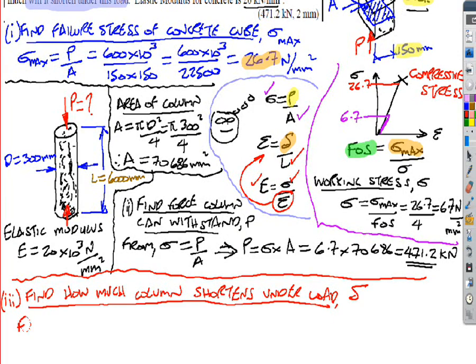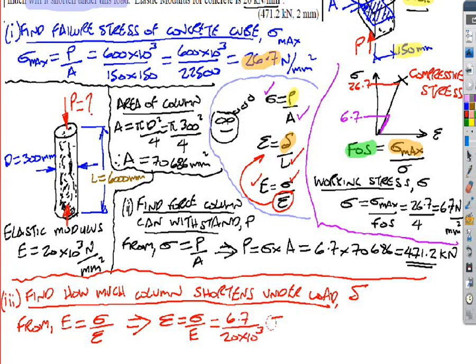So from E is equal to the stress divided by the strain. Don't forget we've got the E in the question and we just worked out the stress, so I can rearrange the equation, 3 variable transposition. The strain will equal the stress divided by the E in this case, and that equals, again that's a very small value,